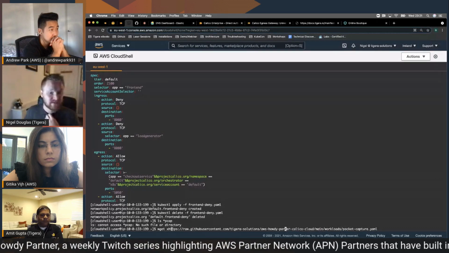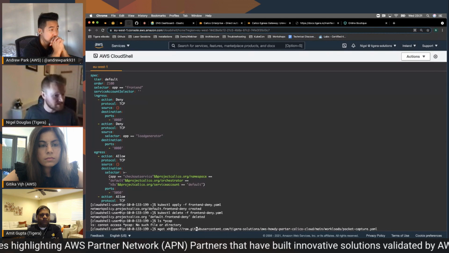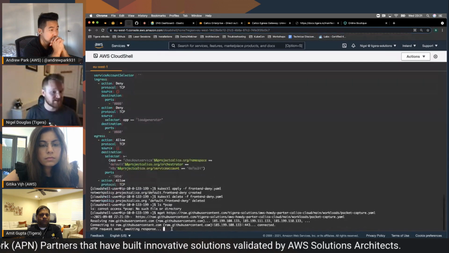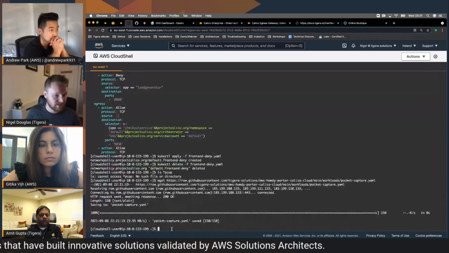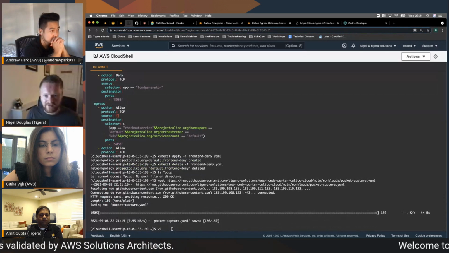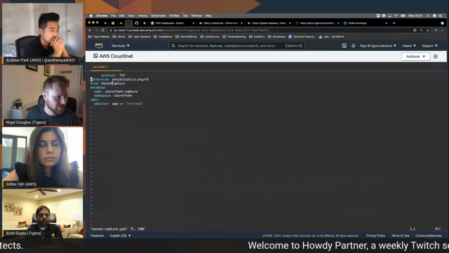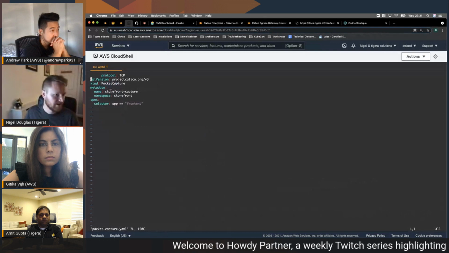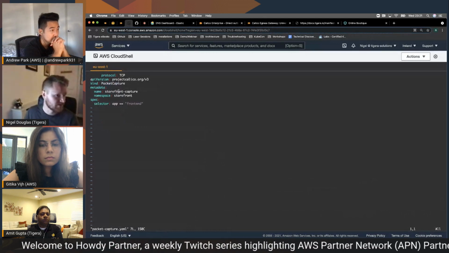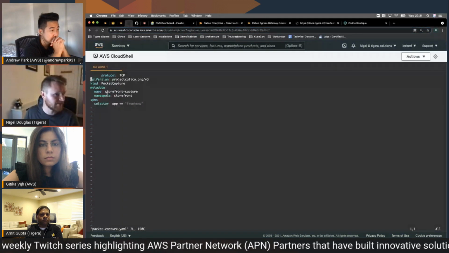So this custom resource is going to specify a specific namespace where my issue is coming from. So my issue could be in the default or it could be in storefront. We can pick it here. So I'm going to run a vi on that file. It's called packet capture. You can see here it's another Calico object called PacketCapture. And I'm just giving it its own name called storefront capture because I'm going to capture anything in the storefront namespace that has the selector app equals frontend.